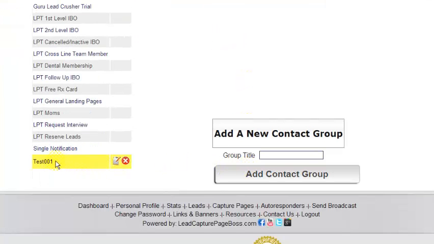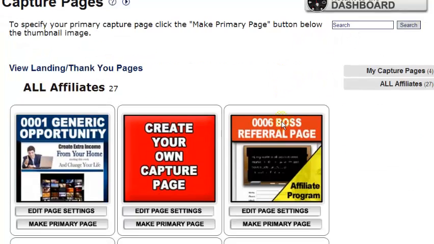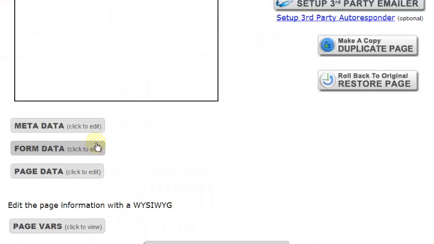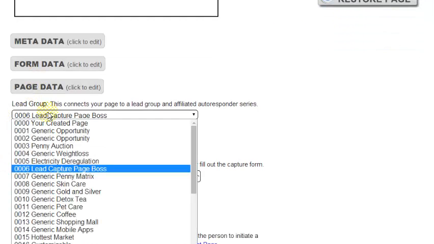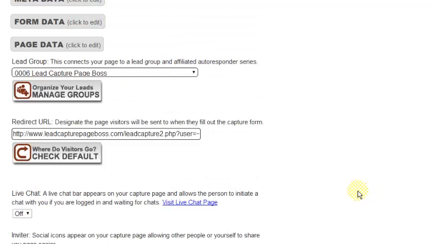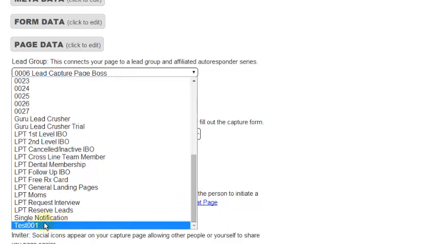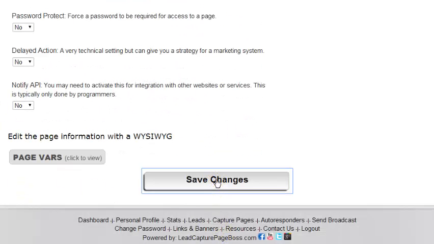Now that we have our own lead group customized for us, let's say we want to apply a particular capture page to it. So we're going to go to the capture pages, and let's go ahead and choose 0006. Now here under the page settings, we're going to expand page data, and then we're going to drop down our lead group menu, and we're going to go down to Test 001. And you'll see that there. Now I'm going to save the changes,